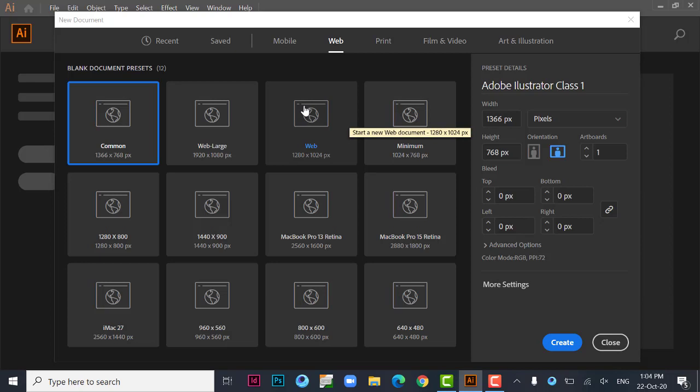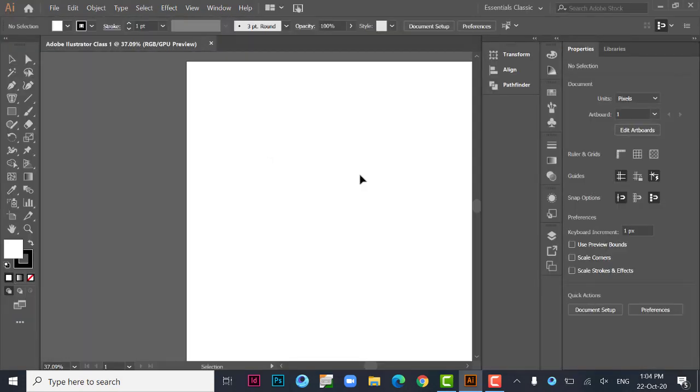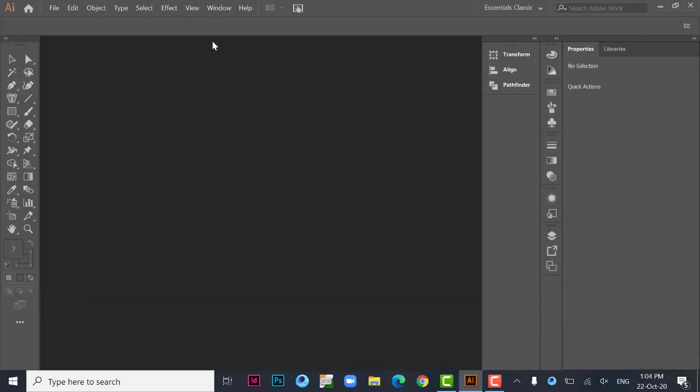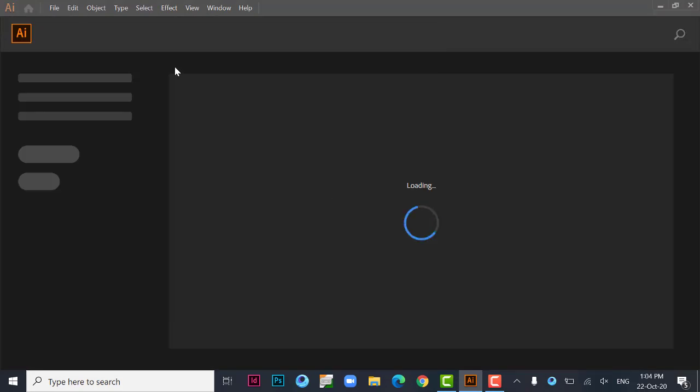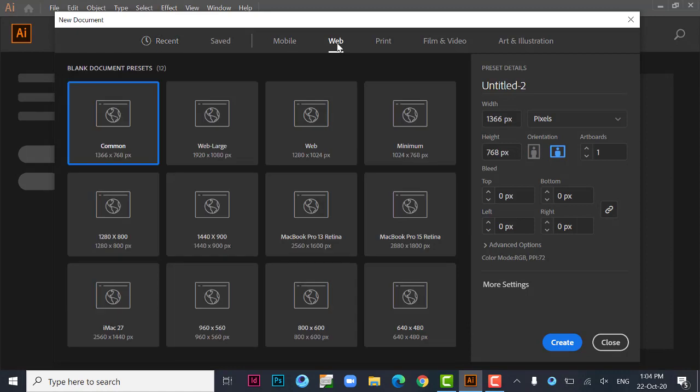By the way, what is preset? Preset is default sizes which you can select here. For example, I am clicking on web. So I will create a document on web. Okay.